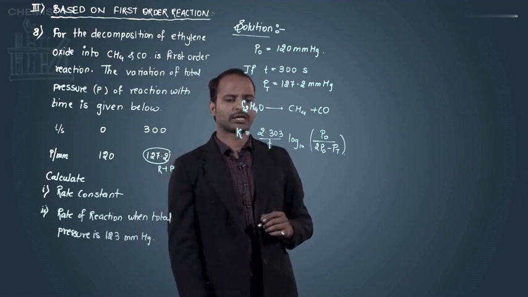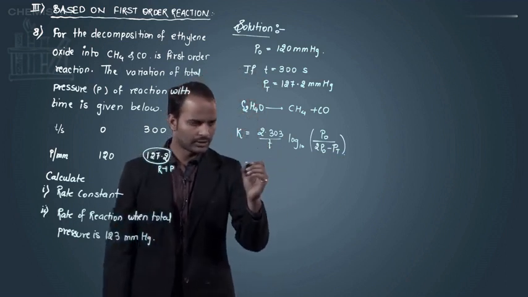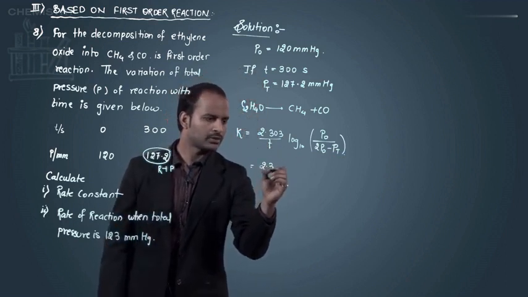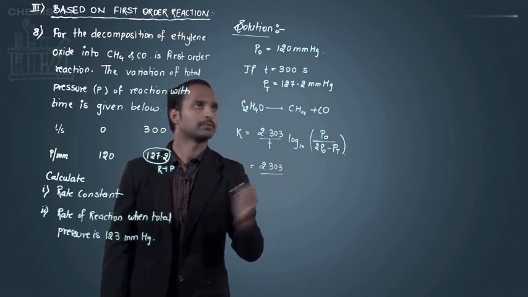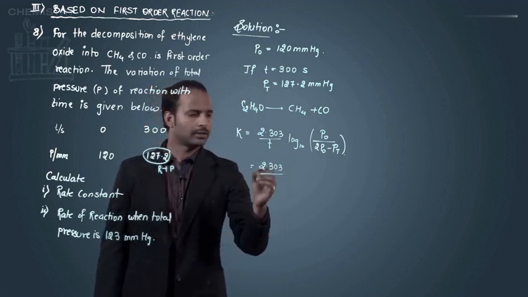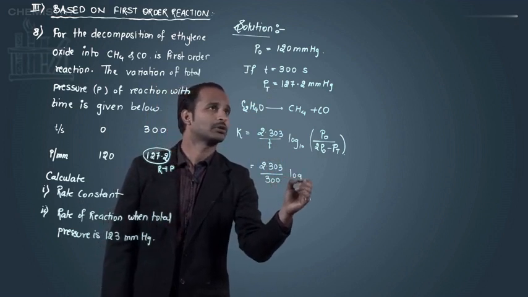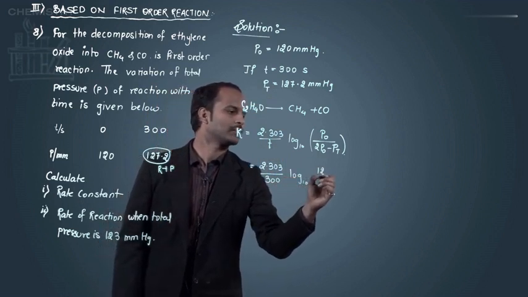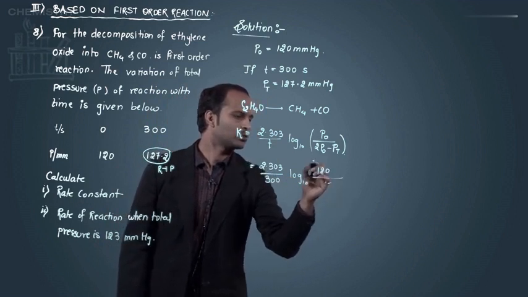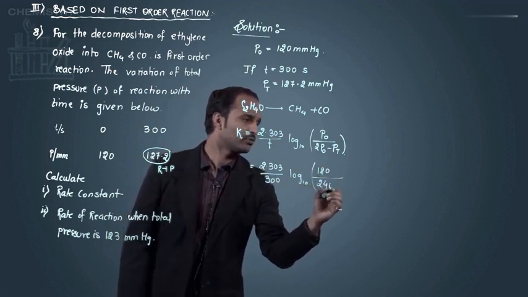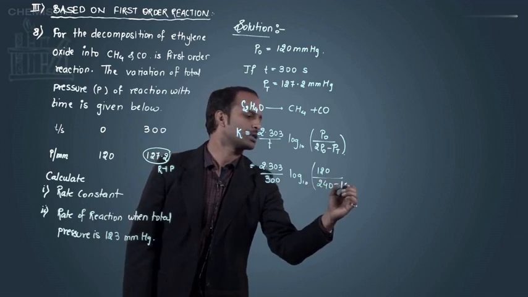Okay, so after that K is equal to 2.303 upon T. T time is 300, log to the base 10 P naught, it is 120, upon 2P naught, that is 240 minus PT, which is 127.2,